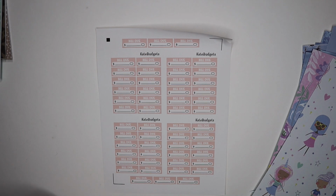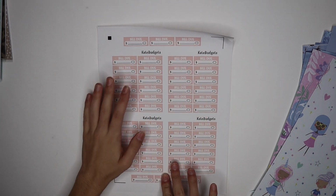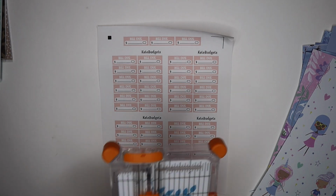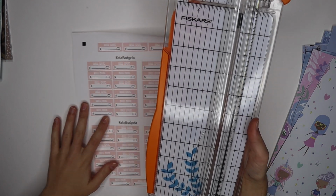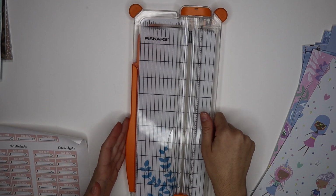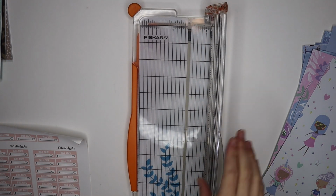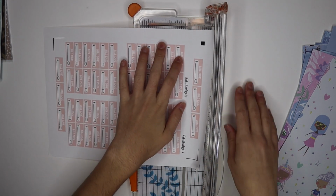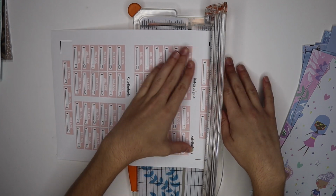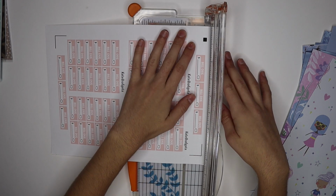I have a separate cutter for my stickers because I do not want the sticker residue getting onto my envelopes when I cut them. So I just bought this at Hobby Lobby, and I think it was like $8 maybe, because I got it for 40% off. I definitely like my other cutter better. It's the same brand. I like the other cutter a lot better, but this works fine for just doing stickers